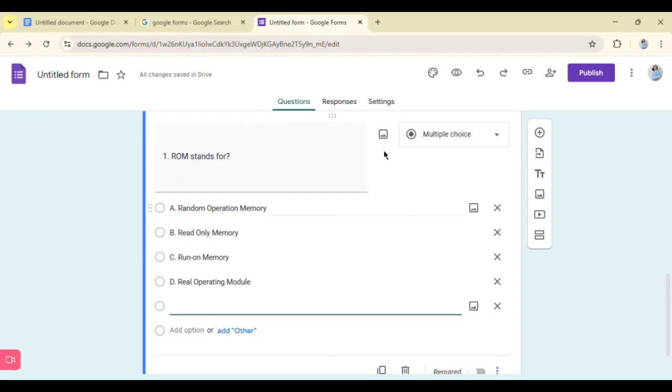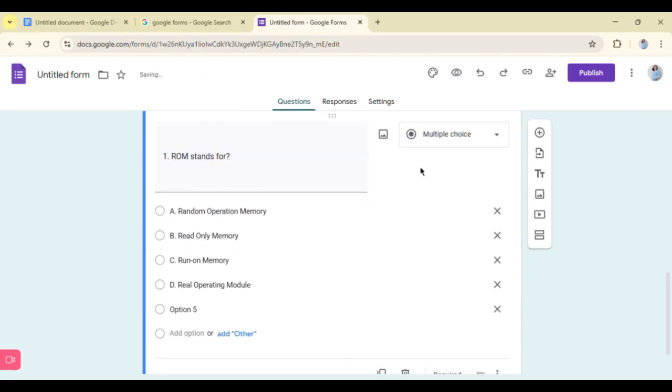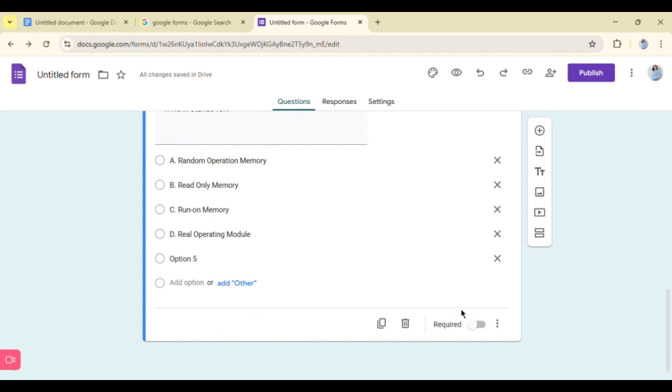Now let's proceed. Before that, again, para hindi makaligtaan, i-click natin ang required. Always click the required when and if and only if the item is needed, na dapat hindi makaligtaan o dapat hindi ma-skip ng student. Okay? Let's proceed to another.